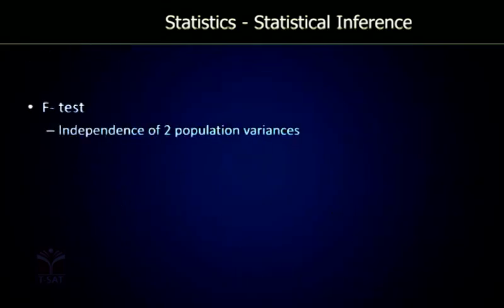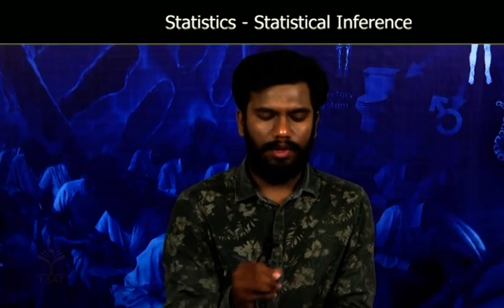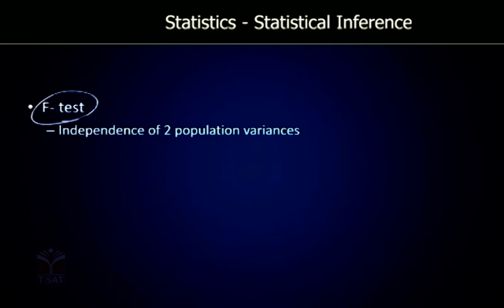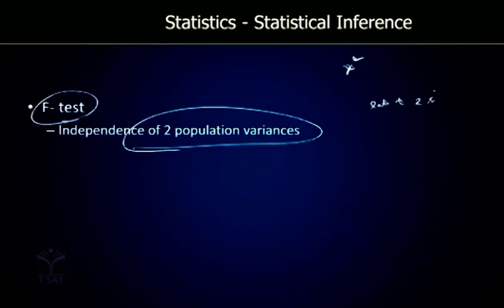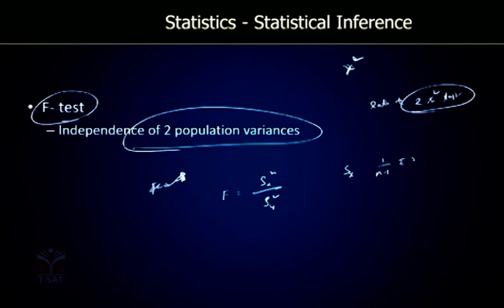Next slide. The next test is the F test. This F test is used for testing the independence of two population variances. Here, to find out a single population variance we used the chi-square test. To handle two population variances, we use the ratio of 2 chi-square tests. The test statistic for F is given by F is equal to capital Sx square divided by capital Sy square, where capital Sx square is equal to 1 by n minus 1 into summation xi minus x bar whole square, and capital Sy square is given by 1 by n minus 1 into summation